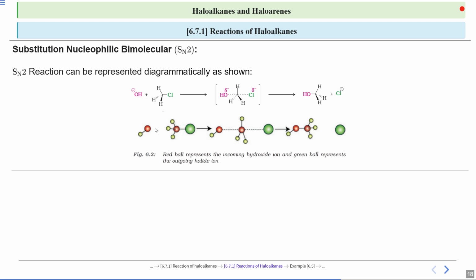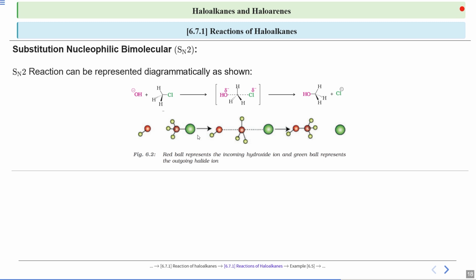This is the representation for the hydroxide ion. Okay, where the red ball is representing the incoming hydroxide ion, this brown ball is representing the carbon, and this big green ball is representing the outgoing halide ion, right? So this hydroxide is going to attack the carbon from the opposite side of the carbon halide bond. Okay, so this is going to attack this molecule where the carbon halogen bond is already existing. So this will attack from the opposite side of carbon